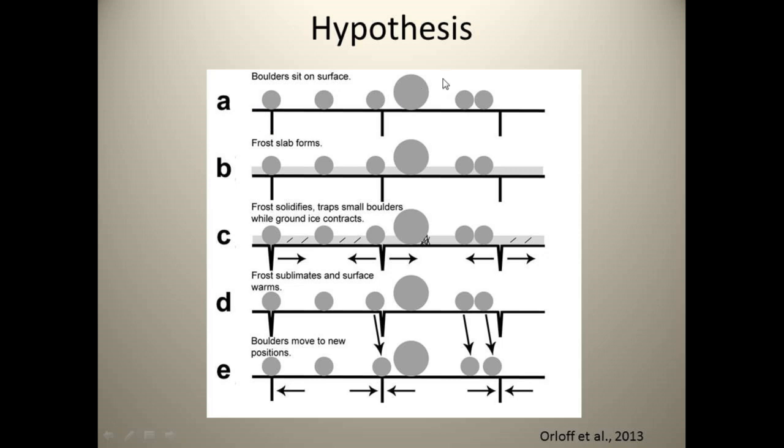In the wintertime on Mars, carbon dioxide frost freezes out onto the surface and forms a layer anywhere between centimeters to almost a meter in thickness. I propose that this thick layer of CO2 frost is capable of locking the boulders into place as long as they're within a certain size. So as the frost solidifies, it keeps the temperature of the surface at 155 degrees Kelvin, the sublimation or condensation point of carbon dioxide frost.